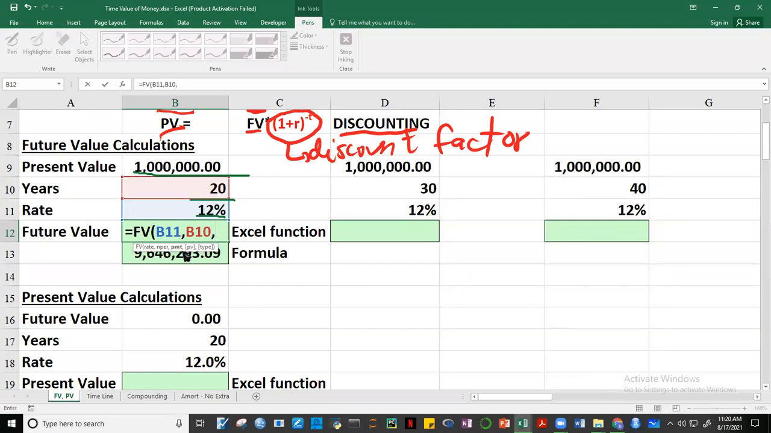Ito yung PMT, guys, is annuity. Annuity is, okay, thank you, Basti. All right, so, ano sabi dito? So we have rate, alam natin yung rate, Nper, alam natin 20. Yung PMT, guys, this will be filled up kung may annuity tayo. Now, wala tayong annuity kasi, okay, let me